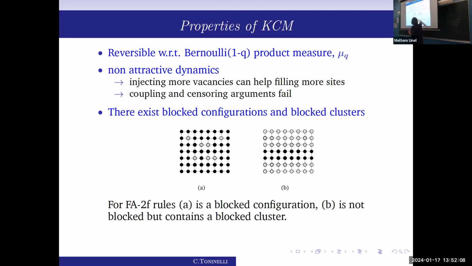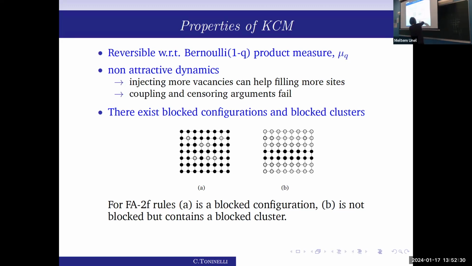If I start from a distribution which is concentrated on a blocked configuration in particular, I will always stay there. So this one is particular because it's reversible. It's the more natural one in which we are interested, but there are other invariant measures. And it's important to notice also that there exist also configurations like this one,